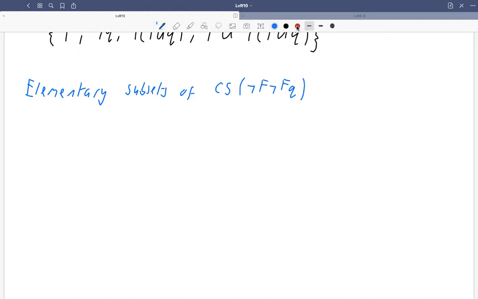So let's put these in red. So the rules are,